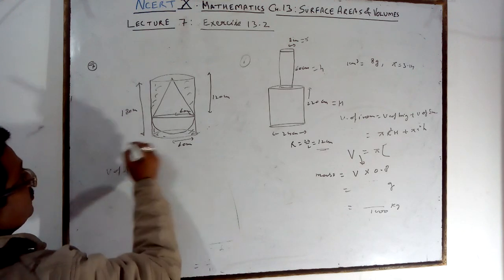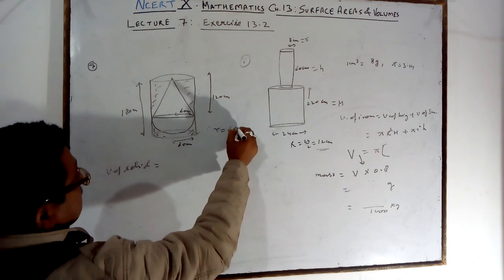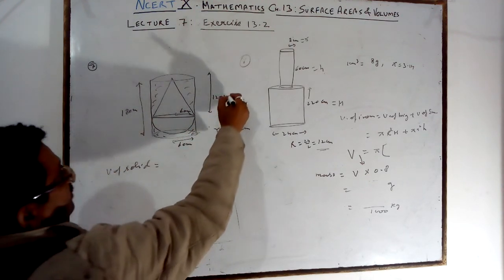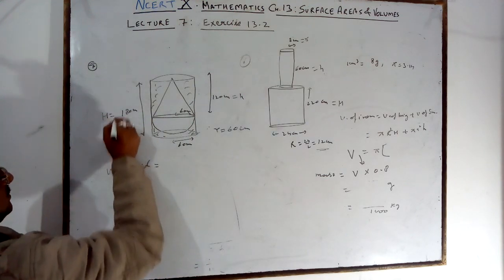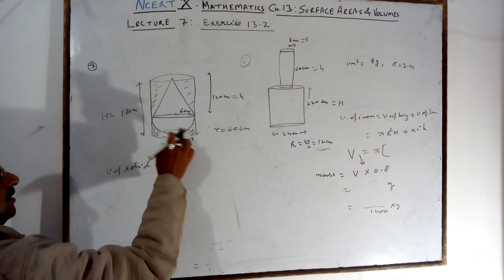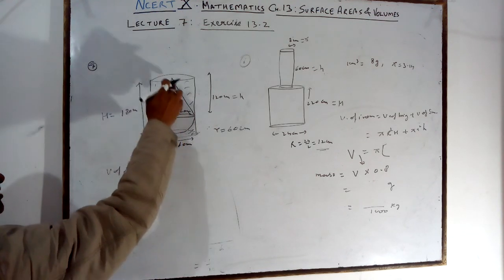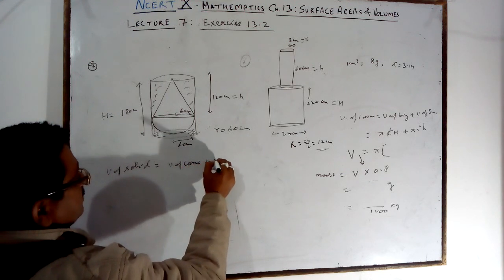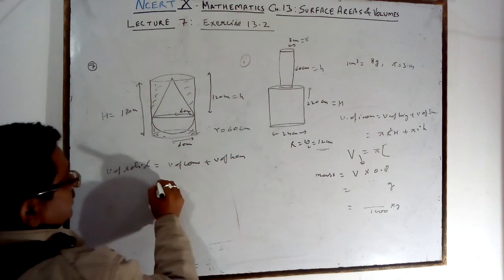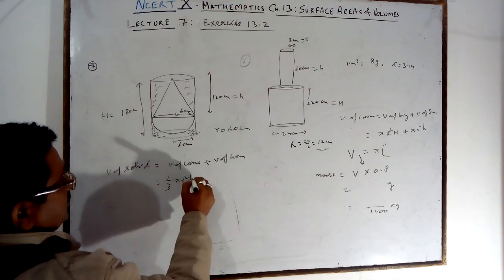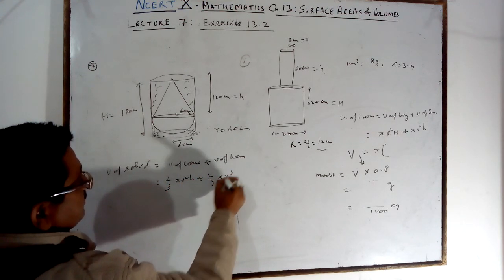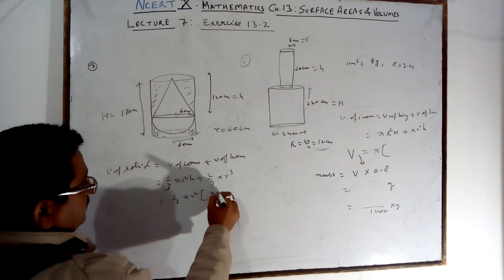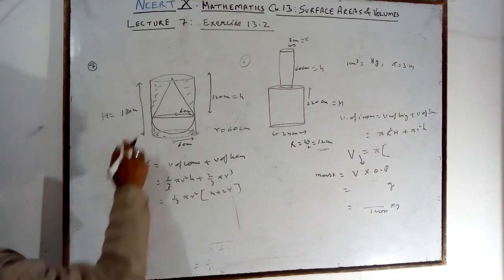Volume of solid: r is 60 centimeter, the radius, and this is the small h, that is capital H for the cylinder. The radius is the same for the hemisphere, cone as well as cylinder. So the volume of solid is the volume of cone plus the volume of hemisphere. That is 1 by 3 pi r square h plus 2 by 3 pi r cube, that is 1 by 3 pi r square, common, h plus 2r. This is the volume of solid.